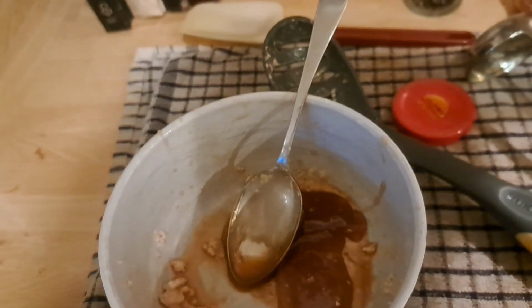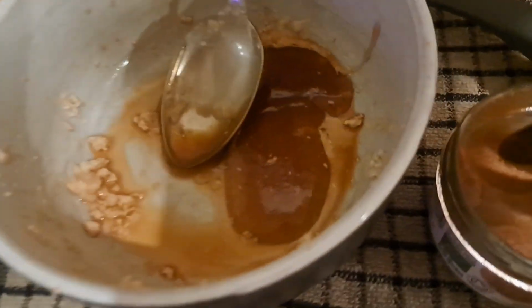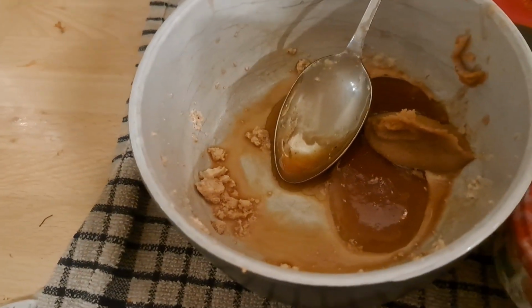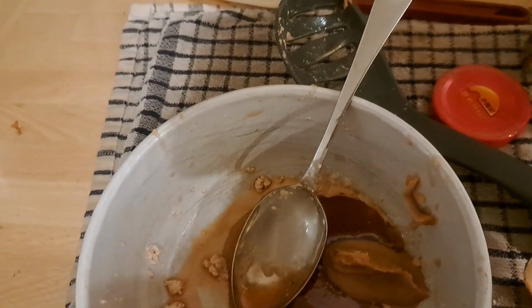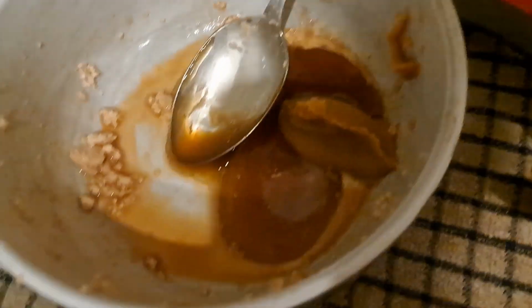Then I have got some miso, but I'm going to use a different spoon for that because I'm going to keep that nice and clean. About a teaspoon of white miso paste. There we go. Put the lid on that. I'm going to put a little bit of water in here just to break it down a little bit when I can finally get that lid back on. So a little bit of water in there